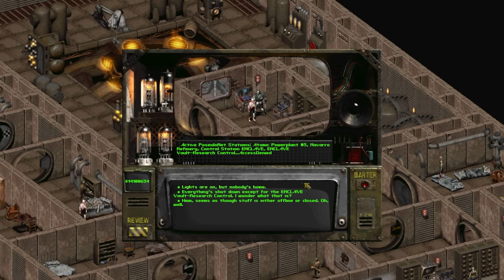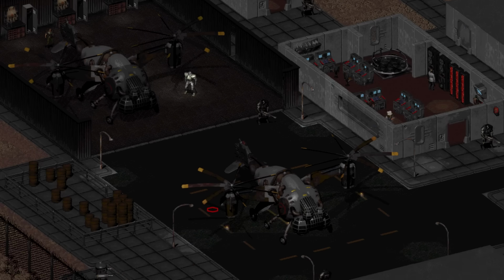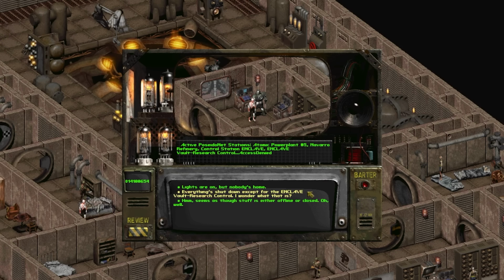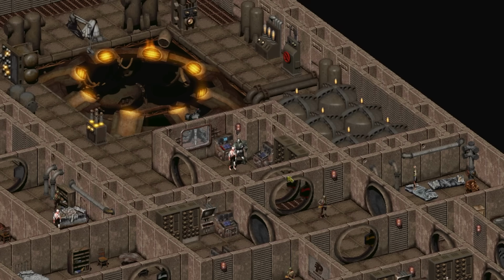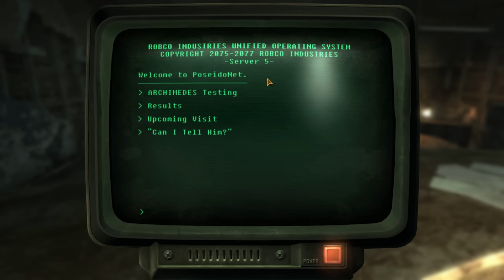It is also connected to smaller but more plot-relevant locations in Fallout 2, namely an oil refinery in Navarro, which is the area where the Enclave established a base, Control Station Enclave, which is the current Enclave base of operations, located on an offshore Poseidon oil rig, and a location called Enclave Vault Research Control, which is just an unknown location that we can assume links the Enclave with the Vault Tech vaults. Those are just the locations mentioned in Fallout 2, but the other games expand this even further.